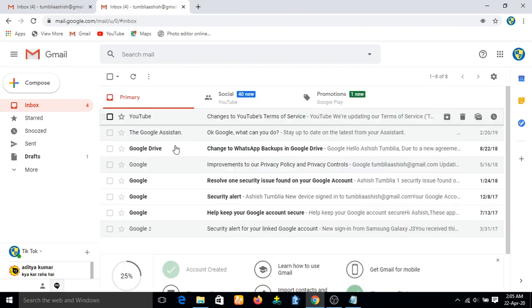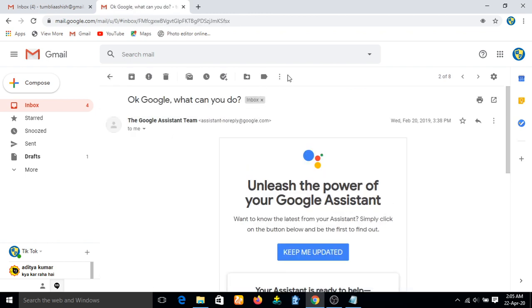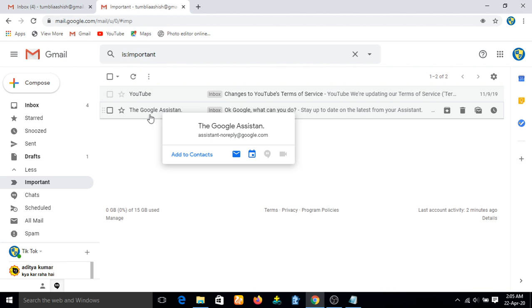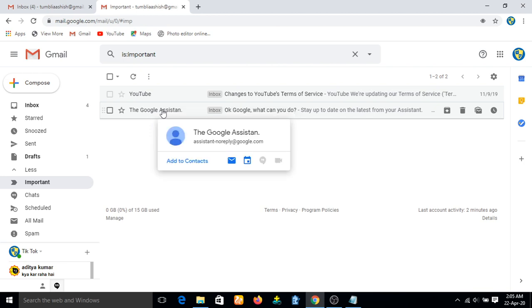So let me take another mail. This one. Okay. Click. Mark as important. Click on that. See the alert message. Conversation marked as important. Now let's see in important. This is the important module. Click on that. Here, this one that I clicked the first time, and this is the second one that I have clicked, and I have made this one as important. Now this data is transferred from there to here.